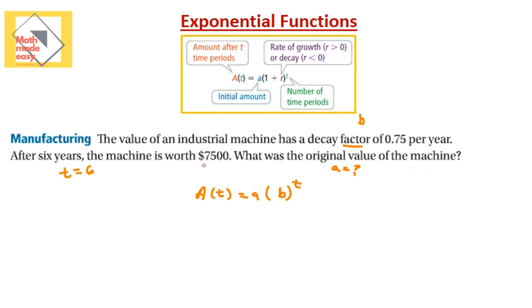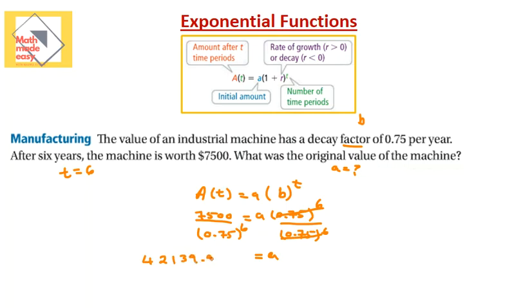Okay, now I know that after 6 years the amount is going to be 7,500. A is the unknown. I know b to be equal to 0.75, it's given, and I know the time to be equal to 6. Now to find the value of A, you are simply going to divide both sides by 0.75 to the power of 6. Just use your calculator. Then you'll get that the value of A is equal to 42,139.92, and that's dollars,